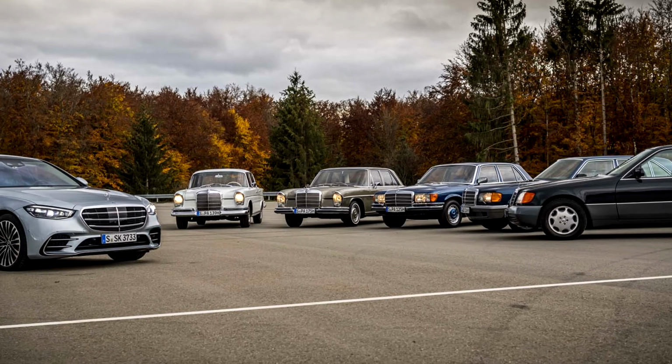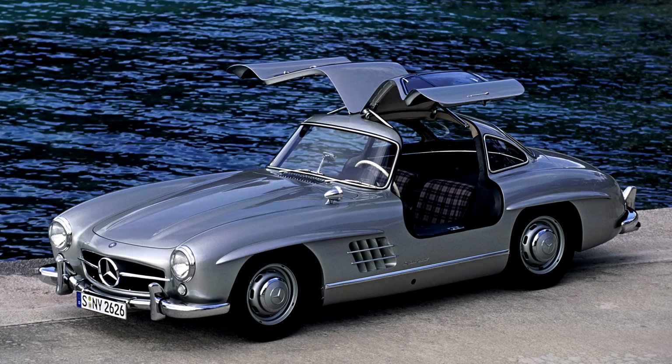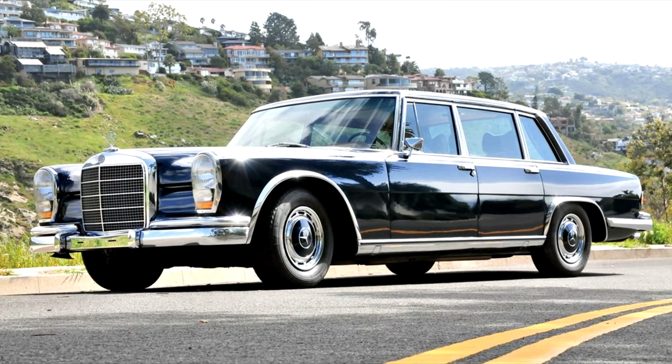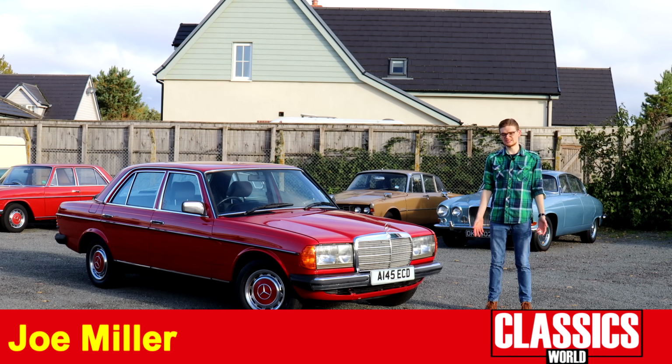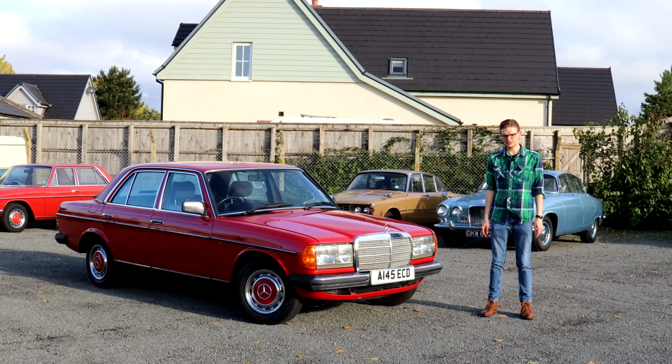Mercedes Benz is a company with a long and illustrious back catalogue, from the gorgeous 300SL Gullwing to the imposing 600 Grosser and the timelessly elegant SL Pagoda. But for many people, myself included, Mercedes hit their peak in 1975 with the introduction of the comparatively humble